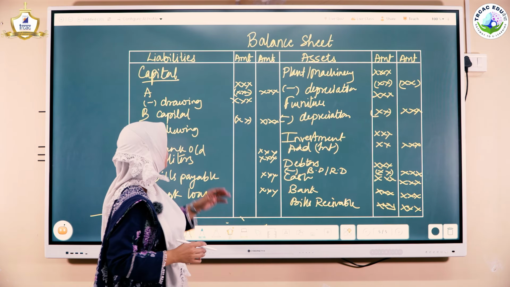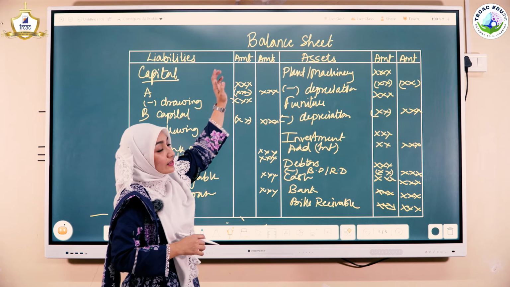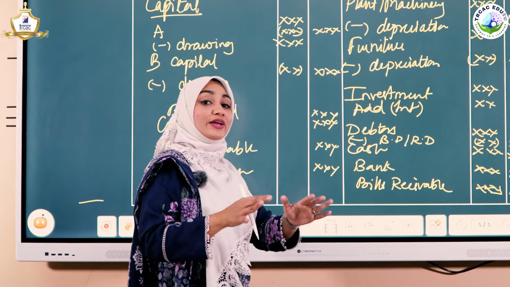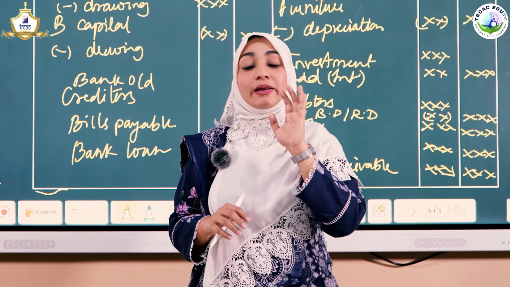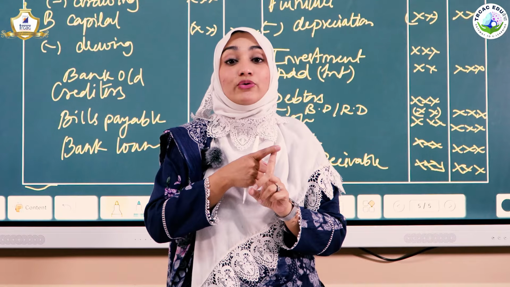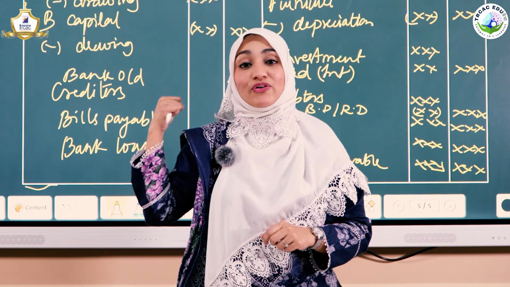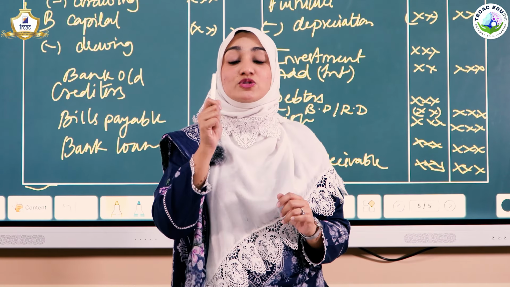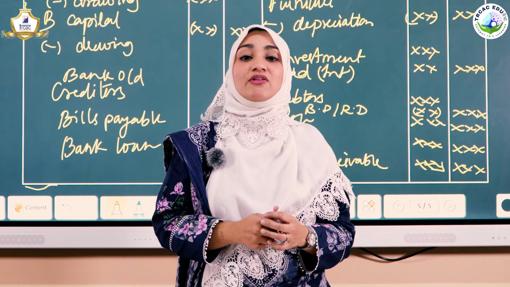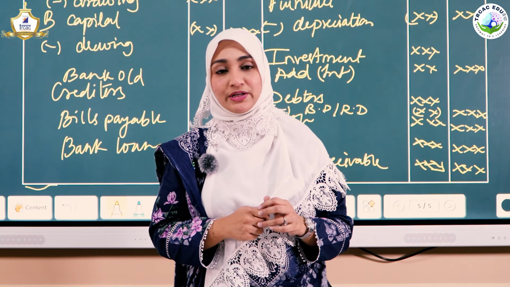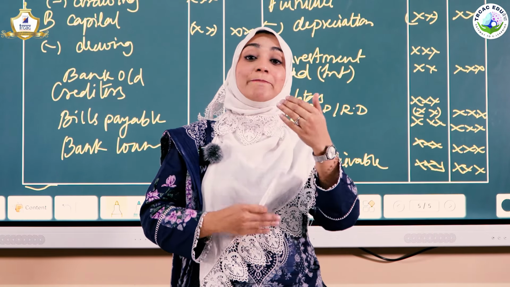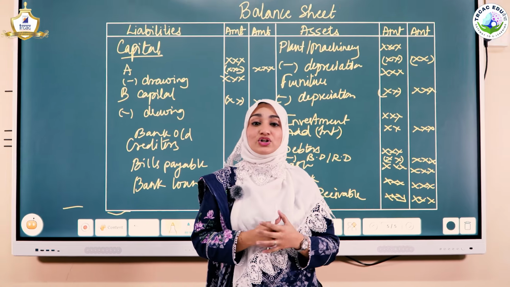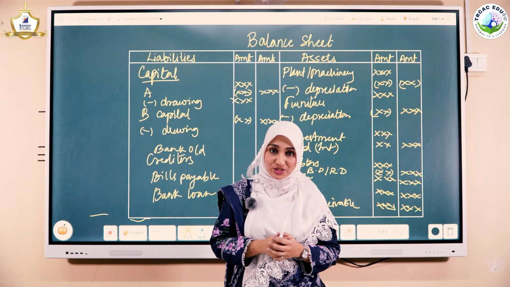Perfect. So here you can see the liability side and the asset side of your balance sheet. Clear? So today we have completed the two important accounts, that is the trading account, profit and loss account, and the financial statement, the balance sheet. Whatever we have learned today is known as posting. And posting itself will give you 6 marks in your board examination. Correct. So if you keep practicing posting, you will be very good with your posting. In the next lecture, we will cover the adjustment parts.